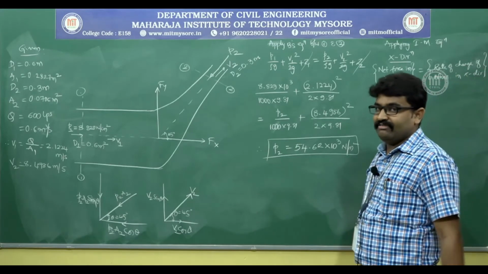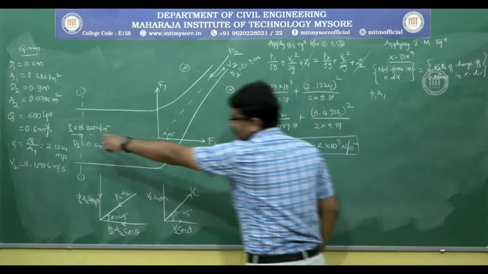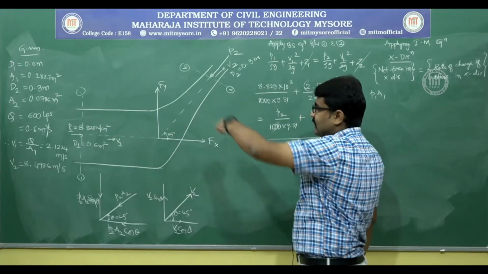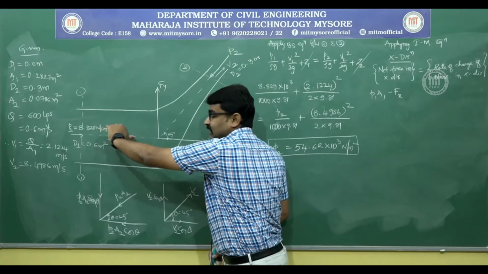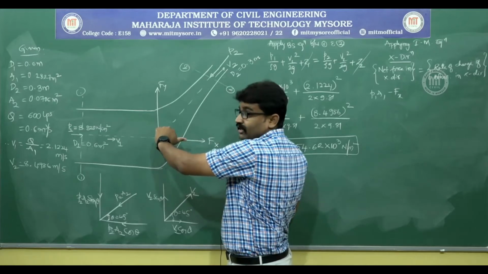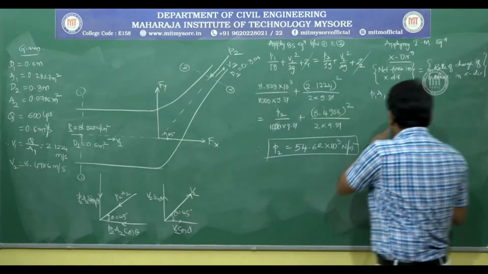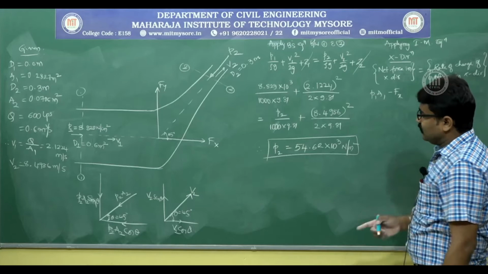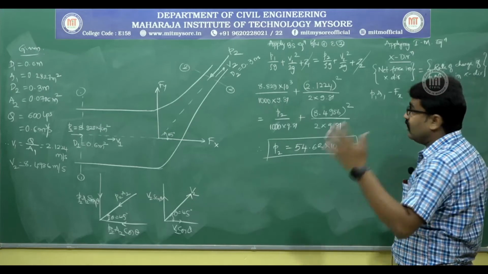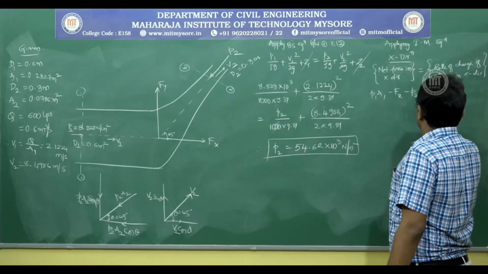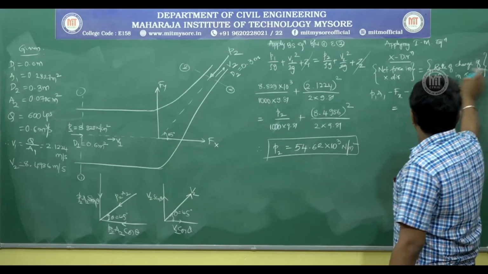So what are all the forces we have in x direction now? You can write P1 A1 in x direction. You have minus Fx. What is this minus Fx? Fx is the force exerted by the flowing fluid on the pipe bend. For equilibrium, the pipe bend would be exerting an equal force in the negative x direction. That is what I have written, minus Fx. And you have in negative x direction another force P2A2 cos theta, that is the component of P2A2. So minus P2A2 cos theta. This must be equal to the rate of change of momentum.